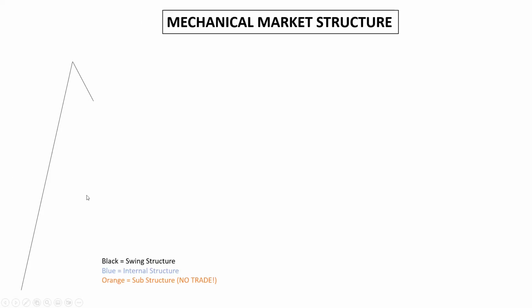So this is just an internal structure forming for me. And I would mark out my internal high here. And obviously I would expect this internal structure to continue bullish. Obviously we could have our swing pullback start from here, but quite often what we'll see is that internal structure continue slightly. We'll have that internal break of structure, which will give us our internal high and our